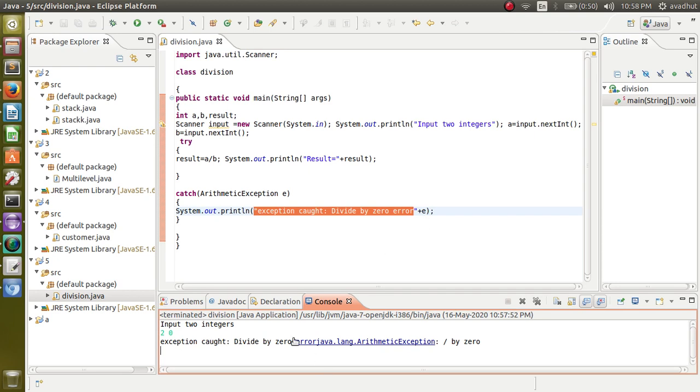This tells you the stack status, which means an error has occurred in the Java program, which is an arithmetic exception, and in that arithmetic exception again it is a divide by 0 error. This complete output is the stack status, which will be stored at the top of the stack when an exception occurs. Hope all of you have understood this.